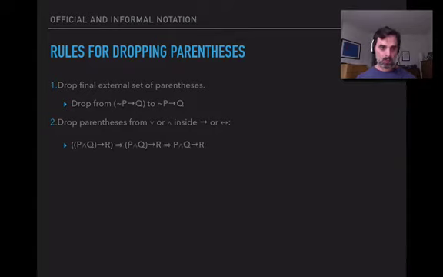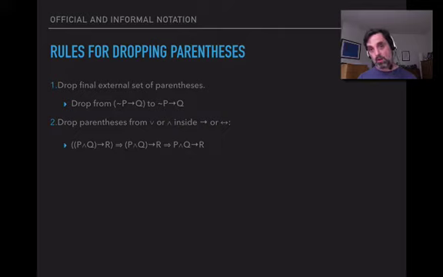So for example, we might start with the conditional whose consequent is R and whose antecedent is P and Q, and we have two sets of parentheses, one going with the conditional and one going with the conjunction. So we can drop the first external set of parentheses, which go with the conditional, from our first rule. And when we do that, we get the second sentence here, where we still have the parentheses around the conjunction, but the parentheses around the whole thing are gone. And then we drop the parentheses around the conjunction using this second rule, and now we have P and Q